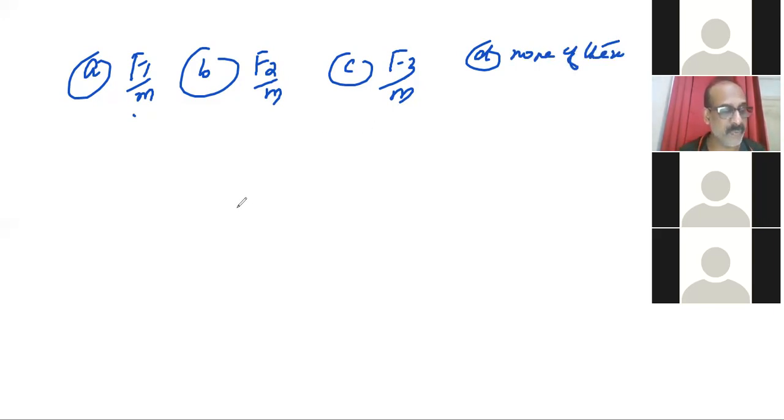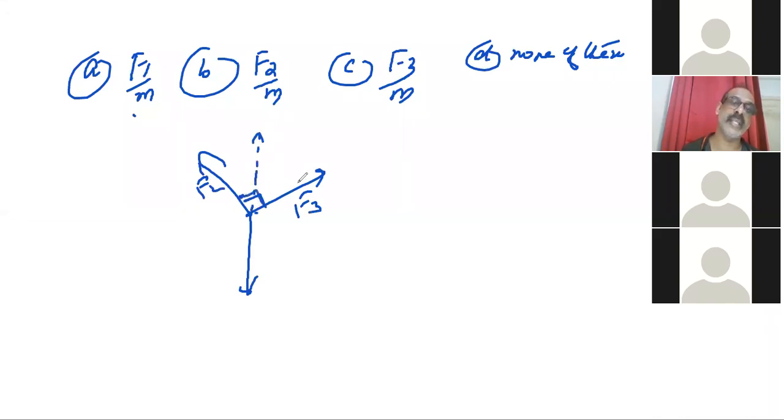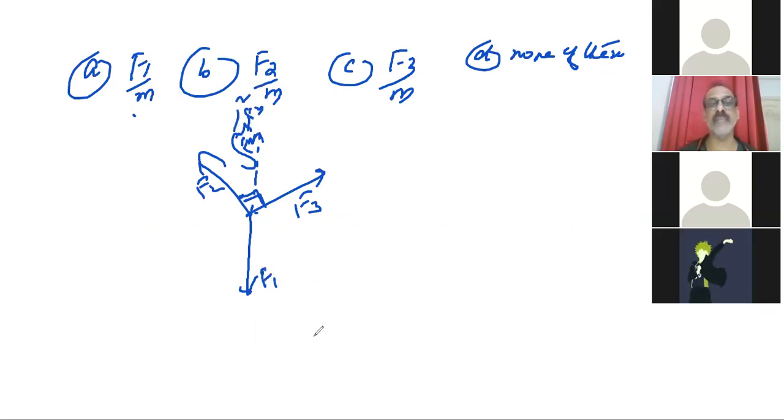That means here, when forces F1, F2, F3 are acting on a particle of mass m such that F2 and F3 are mutually perpendicular, then the particle remains stationary. The particle remains stationary means the third one should act exactly opposite to it. This is the resultant of these two. This is 90 degrees, isn't it? That means this must be root of F2 squared plus F3 squared, right? That must be equal to F1. Then only it will remain stationary. So F1 must be equal to root of F2 squared plus F3 squared.